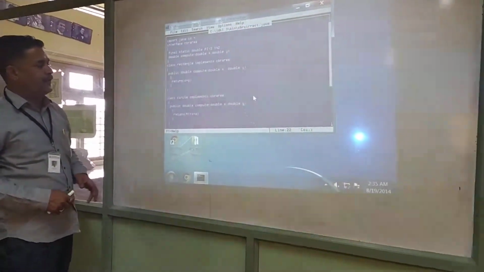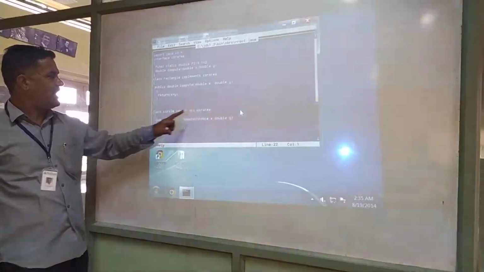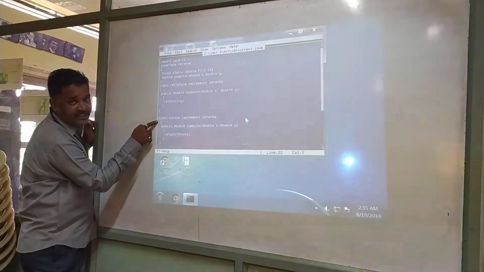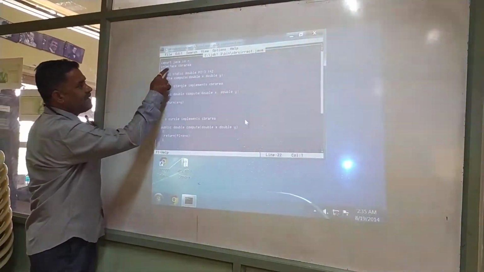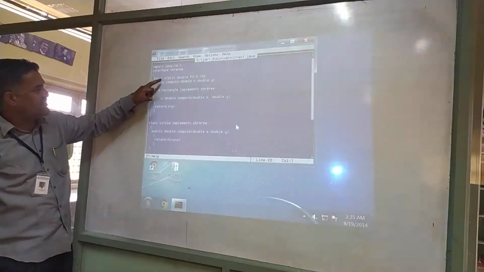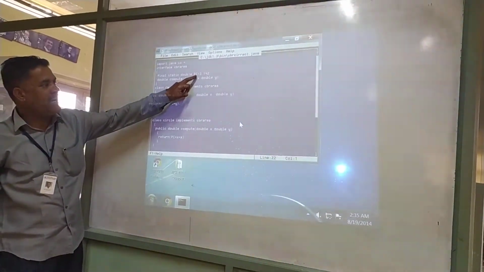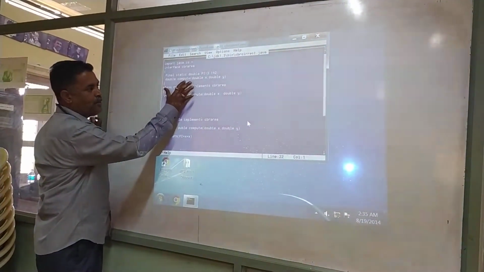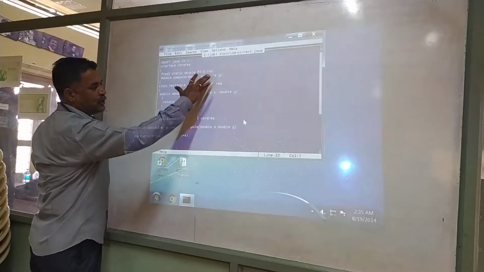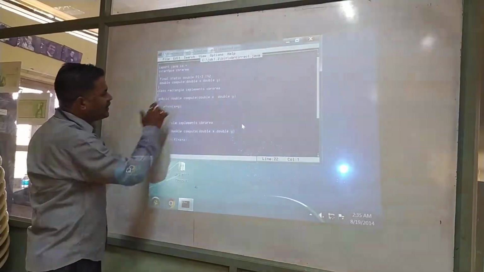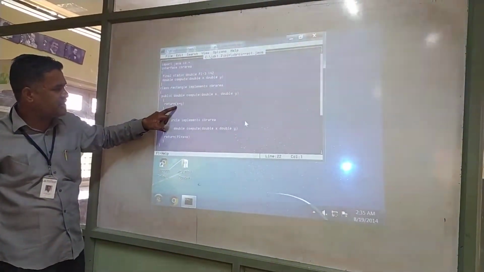Observe here. This is the program to find the area: circle area and rectangular area. First observe, here total two classes. One is the interface, and here abstract, final, static, double constant value pi is equal to 3.142, and double compute is the method, with two variables or parameters. So this class is just the calculation of x into y.